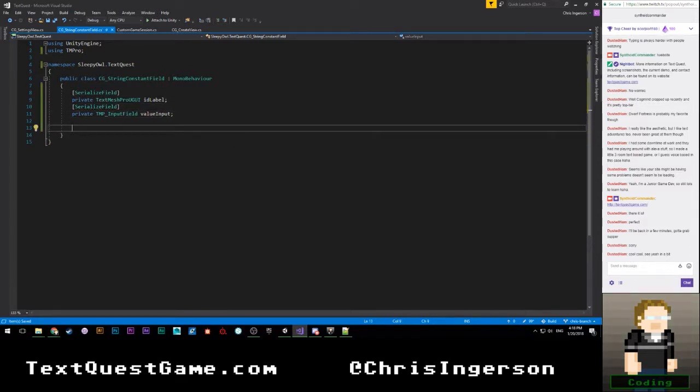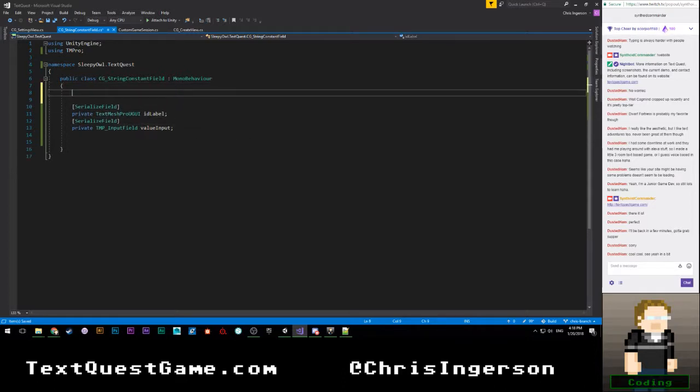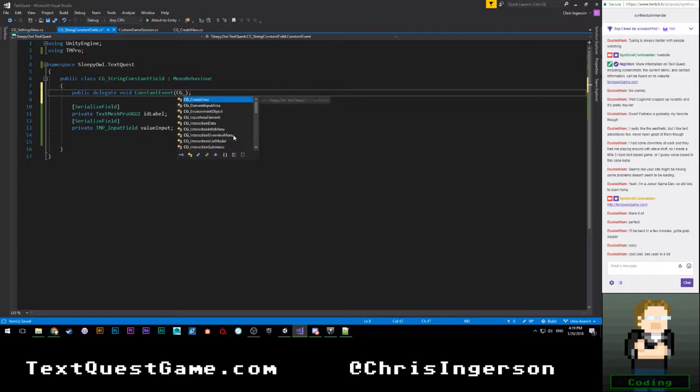Now we have a couple of things that we need to do. I need to have an event, so we're going to say public delegate void constant event. That's going to pass an ID and a value, I guess, would be what I want. So I will say that passes a CG string constant ID followed by a string value.